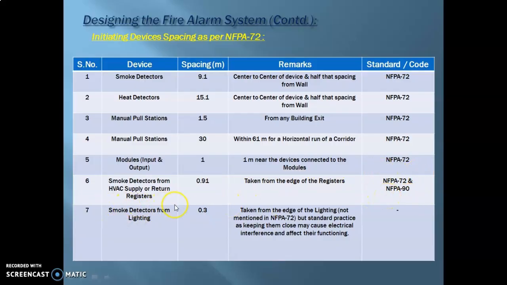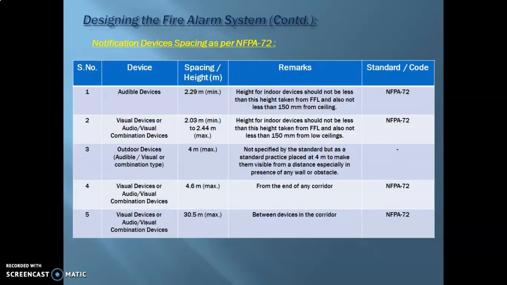And of course the spacing from electrical lighting is 300 mm or 30 centimeters or 0.3 meters. This is basically standard practice, and it is normally followed in order to avoid interference of any sort taking place within the system.